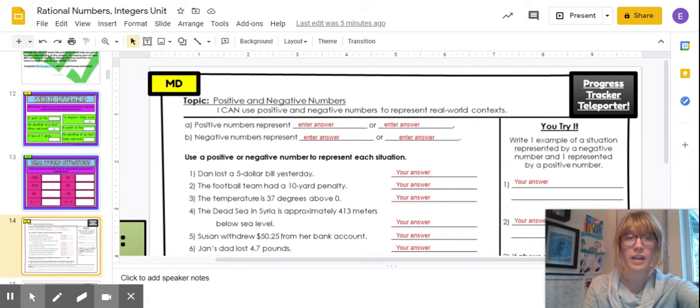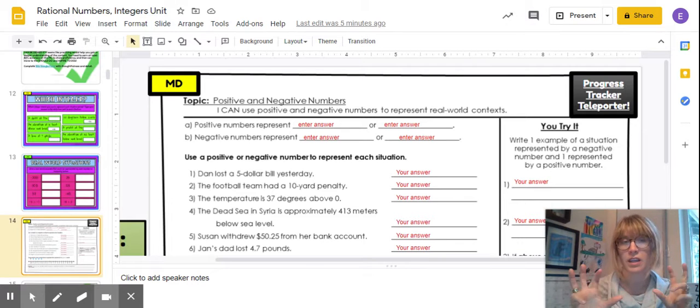Hey team, so we're thinking here about positive numbers and negative numbers. Before we get into some more fancy mathematical terms for what you can refer to positive and negative numbers as, we're just going to think about how we use them in our world. What do they mean? So when we think about a positive number, it often can be represented